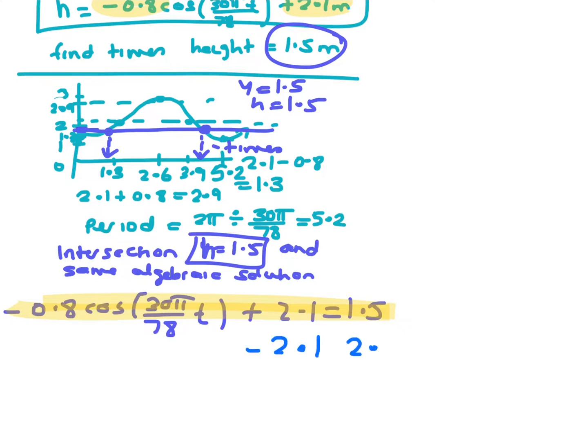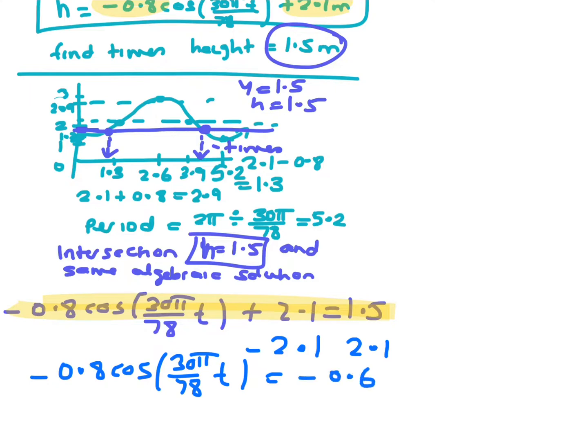If I take away 2.1 from this, I get -0.8 cos(30π/78 t) = 1.5 - 2.1 = -0.6, and cos(30π/78 t) = -0.6/